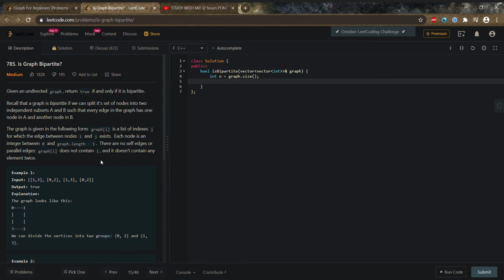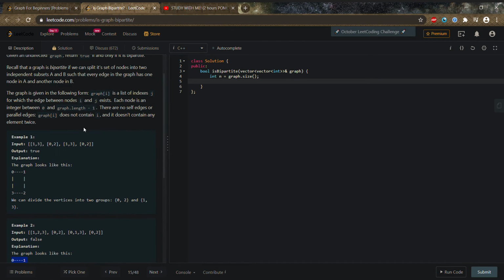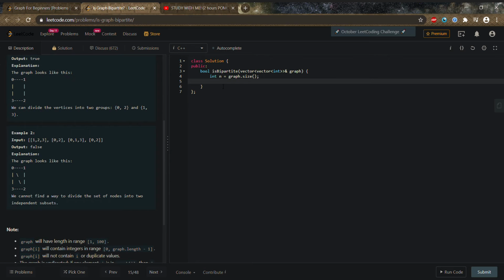So basically, from the theory of bipartite graphs, what we can see is that if there is an odd cycle in the graph, then we are sure that it is not bipartite, because we cannot divide it into two sets.